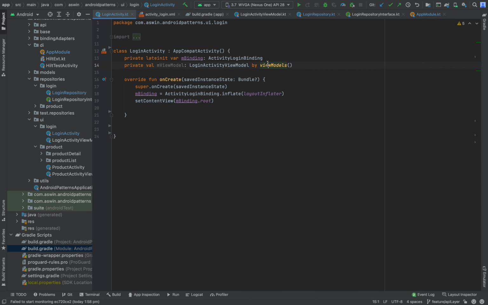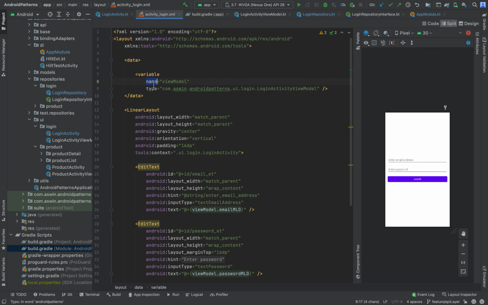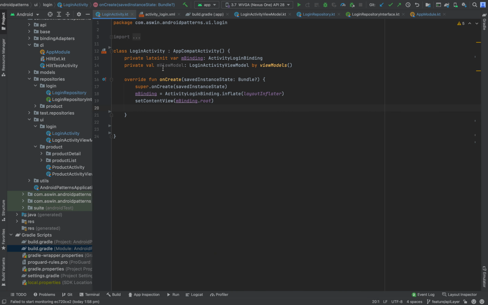This will provide the instance of view model for this activity. Next, we need to set the life cycle of the binding class, and we need to initialize the variable inside this layout XML file with the instance of view model that we have created here.